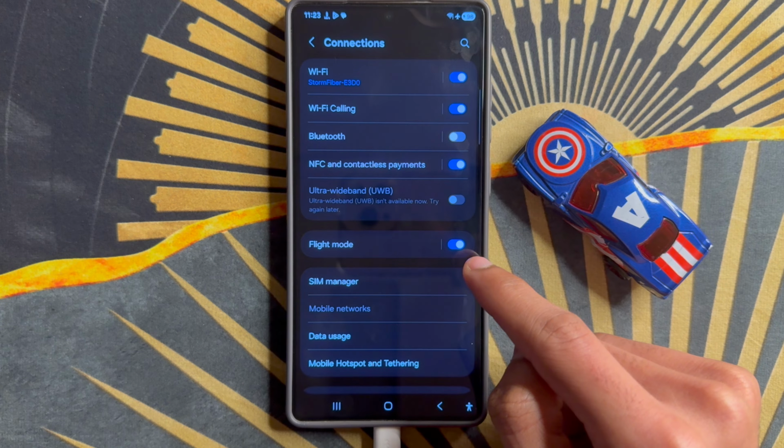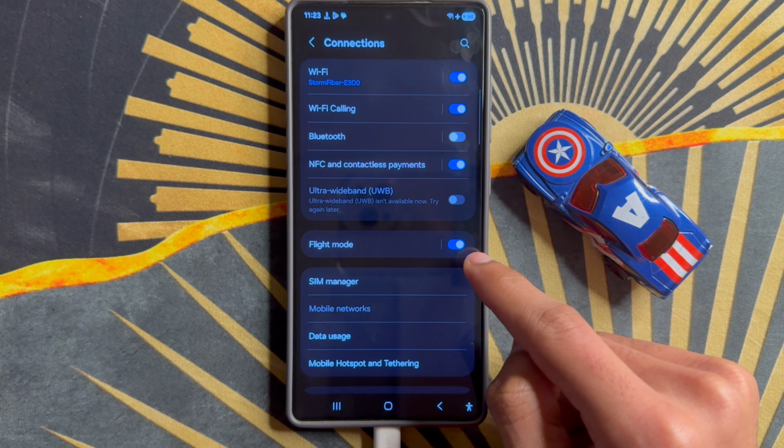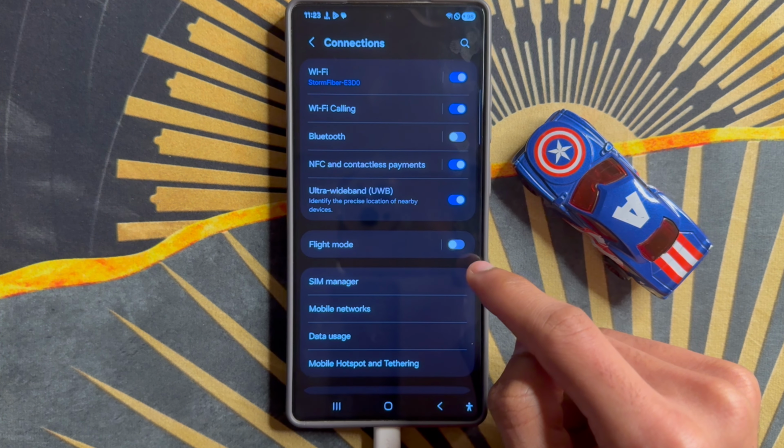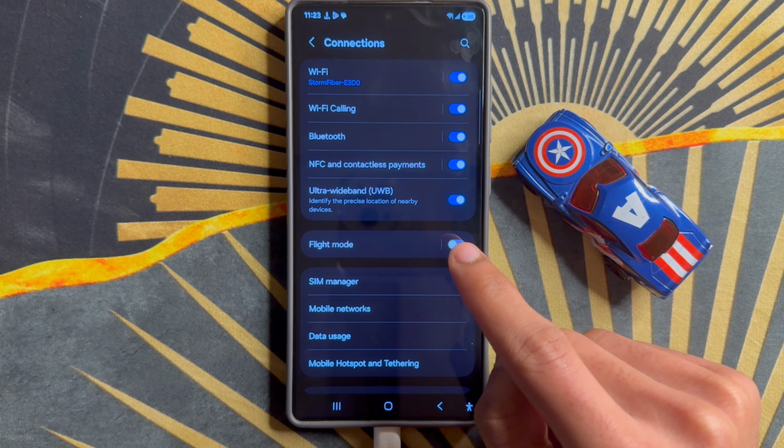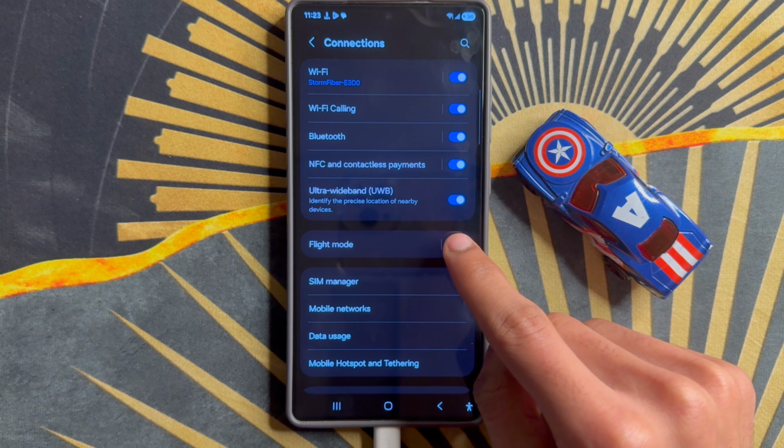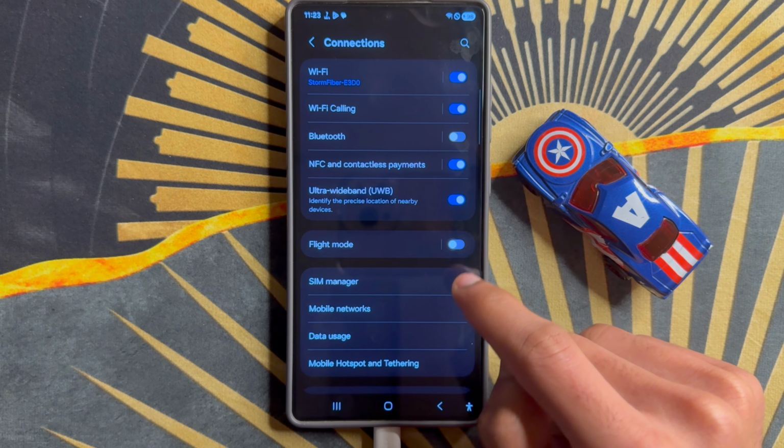If you want to disable flight mode and airplane mode, turn off this button. After turning off this button, you will see airplane mode is turned off. You will disable. If you want to enable or disable airplane mode from here, after the process, go back to